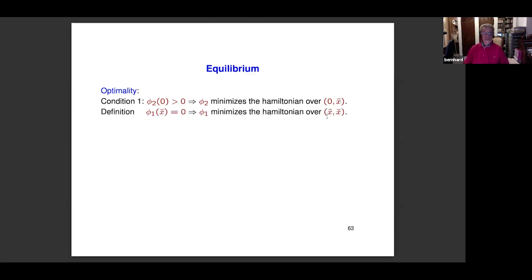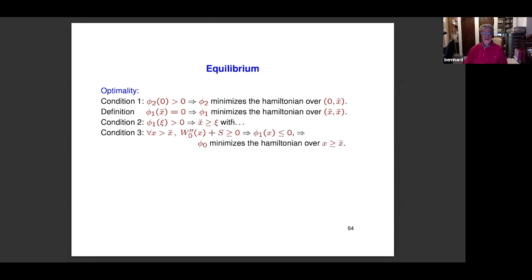Because of its definition, phi1 minimizes the Hamiltonian over x hat x stretch. I chose x stretch precisely in order to guarantee that phi1 of x was positive in this interval. And my condition 3, again, I'm missing the B before W0 differentiated twice. I'm sorry, I need a B here. And because of condition 2 and the fact that